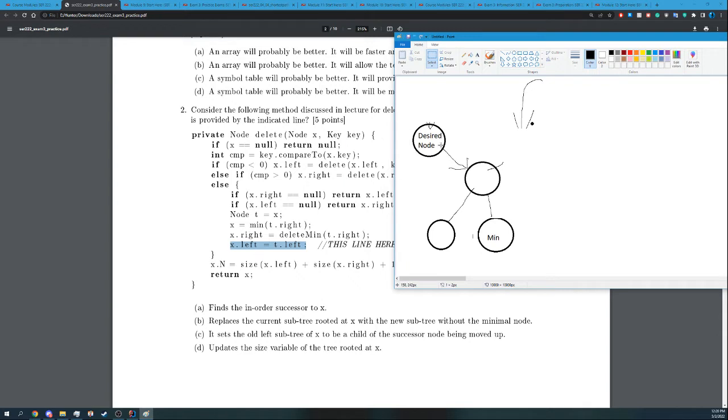So this is our x node. We're going to take the right. We're going to set it equal to whatever's the minimum on the right. So we're going to essentially say, hey, point to here. And then we're going to set the left for, oh wait, so the desired node is x. It starts off as x, and then x becomes